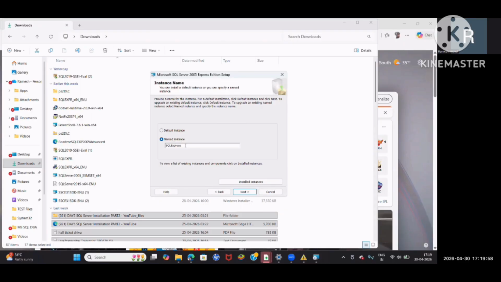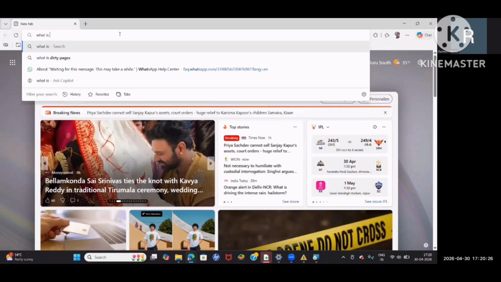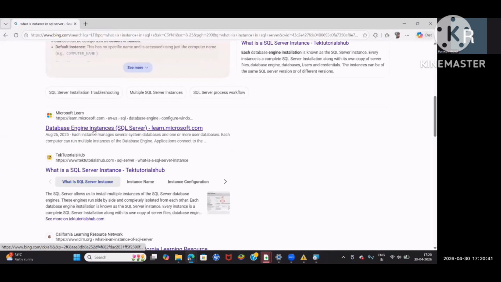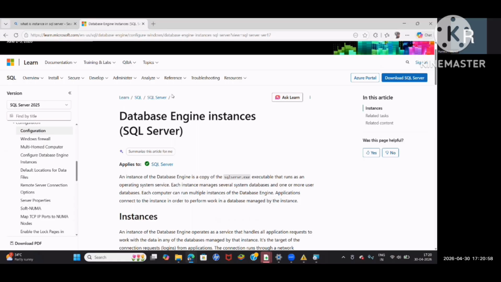Yeah, then instance. This is very interesting. What is an instance? When you search Google also, what is an instance in SQL Server? Okay, go to the Microsoft blog. Let me go for Microsoft only. What is Microsoft saying?